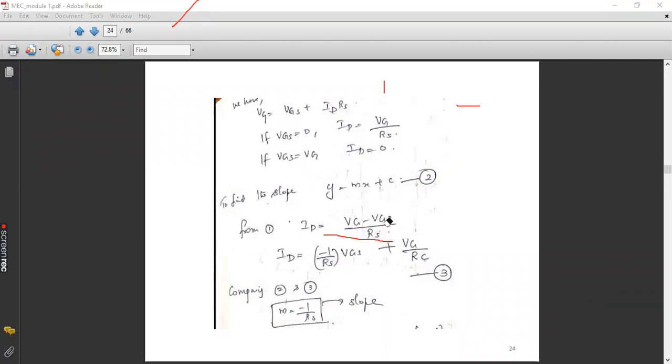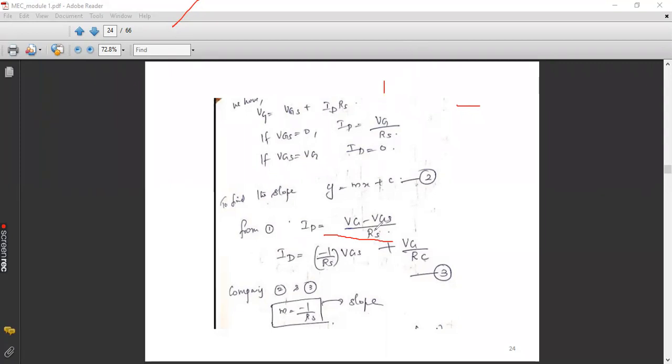So which is constant here, VGS or Vg? Vg is constant because I already told you this is the method of fixing Vg by using some battery or by using the voltage divider network. So Vg is fixed here, so that can be taken as constant. Vg by Rs, again the Rs resistance value is also constant. So Vg by Rs is a constant. The remaining term, minus VGS by Rs, corresponds to your mx.